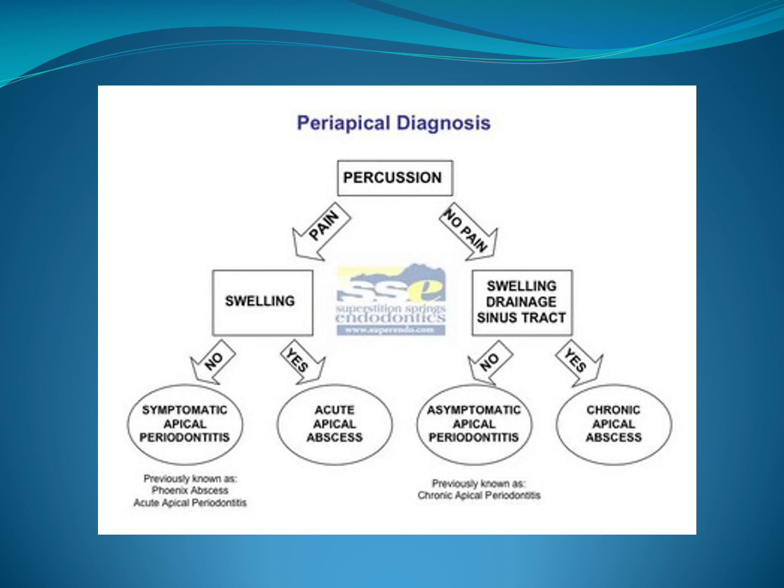The periapical diagnosis in percussion test. If there is pain, that means that there is a periapical problem. If there is swelling, so we have an acute apical abscess. If we don't have swelling, we have a symptomatic apical periodontitis. If there is no pain, swelling, drainage, sinus tract. If there is no pain, so